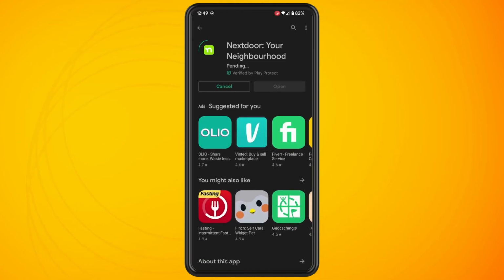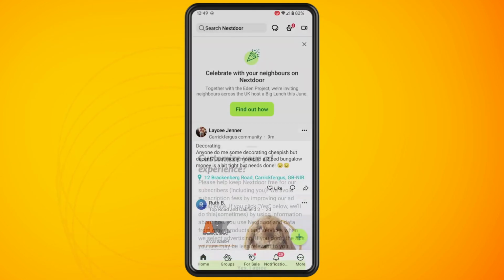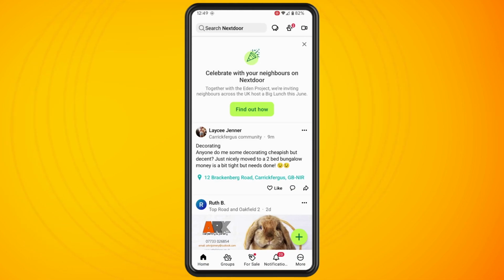Now, I have already created an account with Nextdoor, so if you haven't done that, then do that first. So I'm going to log in. This is what it looks like when you've already joined a neighbourhood. As you can see, I have joined one, and you get a newsfeed, something similar to the likes of Facebook. You can like a post, you can comment on a post, you can repost something onto your own profile,